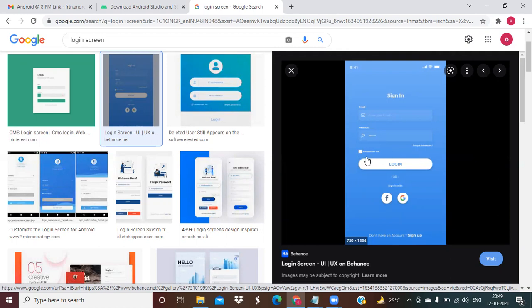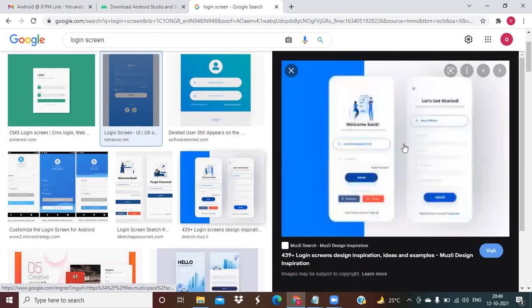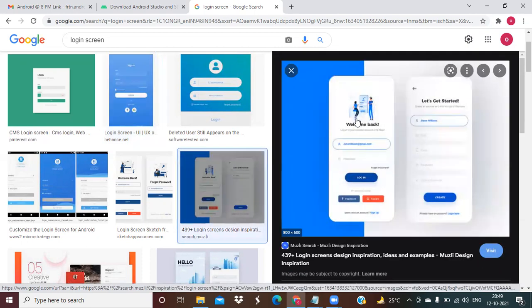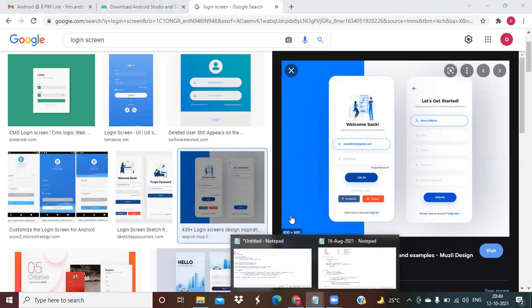These two are horizontal, login, vertical. These two are horizontal. So how is it sometimes vertical, sometimes horizontal? Because this was implemented with the help of view group. Welcome back. This one, this one, this one. All these things are available. How? Because all these are placed inside a view group.